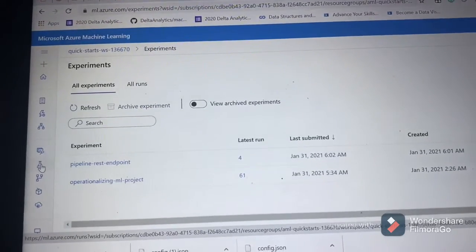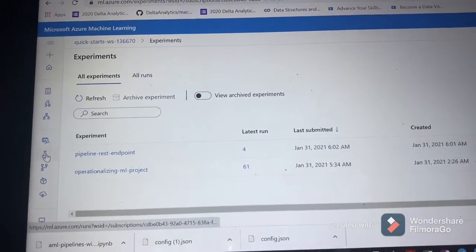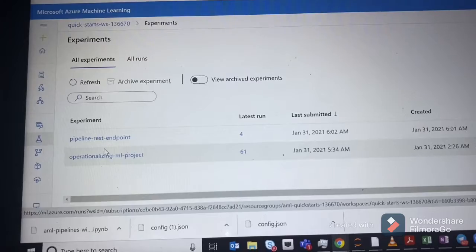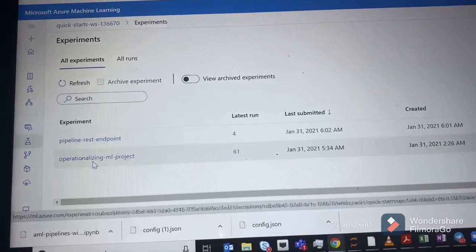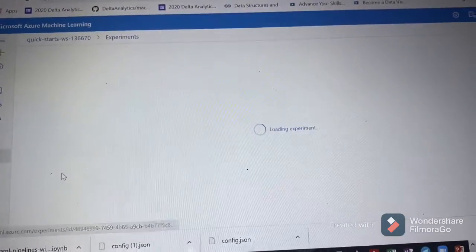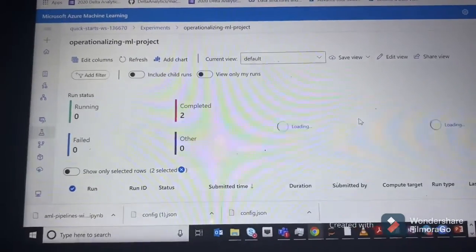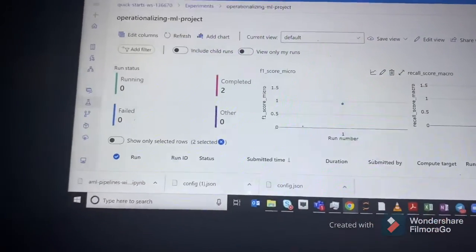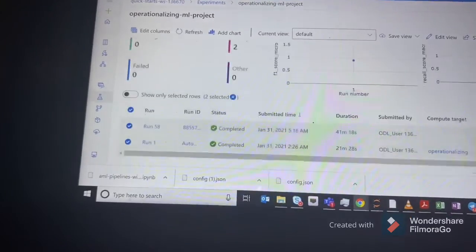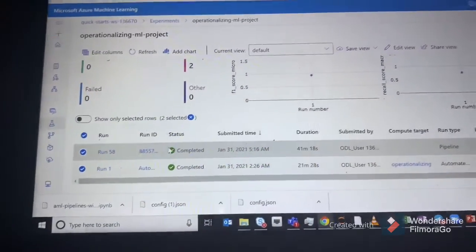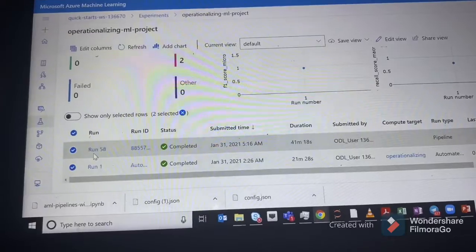Now, if I check through my experiments, I can see currently I have 2 experiments. The AutoML, which has currently completed. As you can see, it's completed. So if I run this,